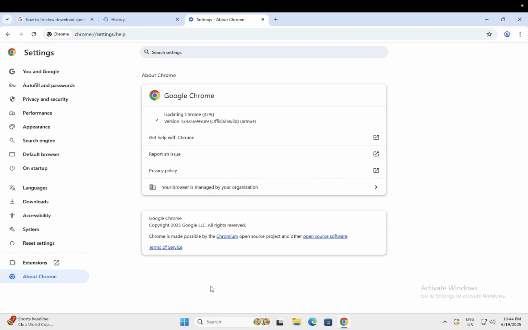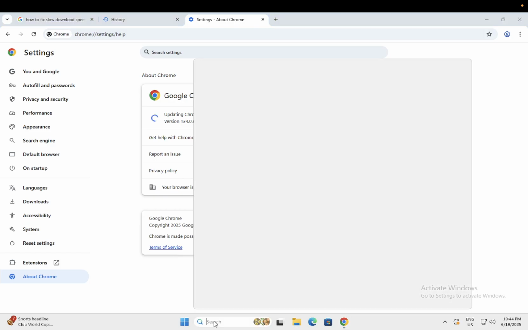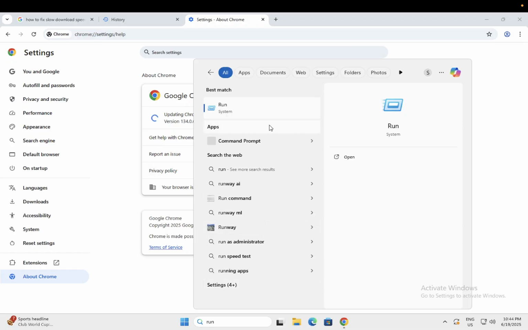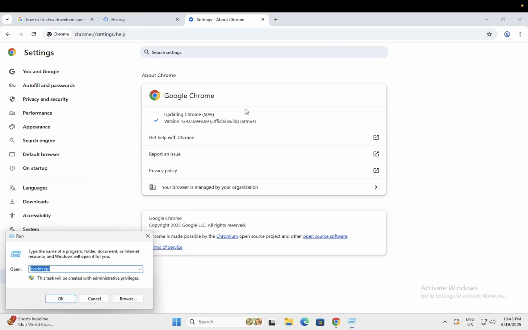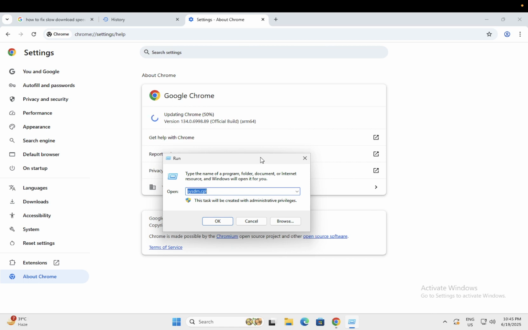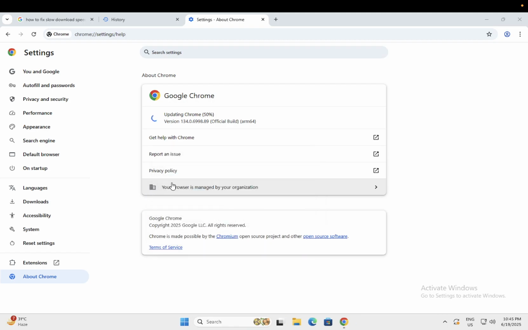If nothing works for you, we can also tweak some settings in the Windows. Just open the run command here, and I'm pretty sure if you apply these steps one by one, you are good to go. Your download speed should increase. Type for ncpa.cpl, press the enter key,